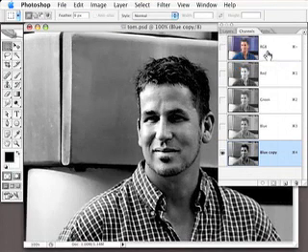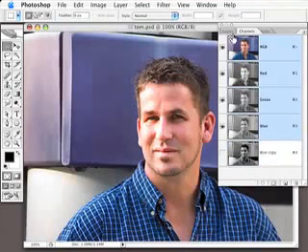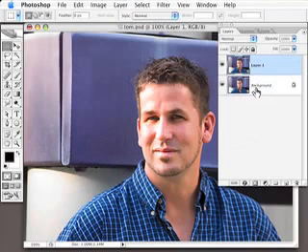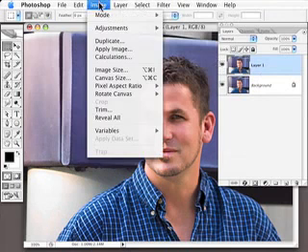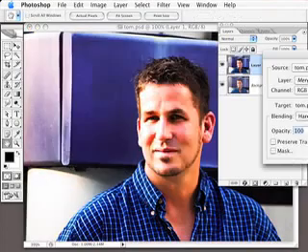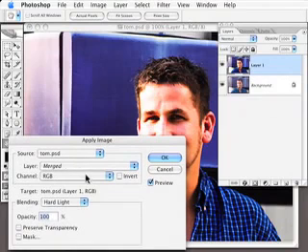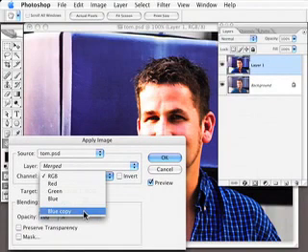All right, so now that I've done that, I'll go back to the RGB channel, go back to my Layers palette, and I'm going to duplicate the layer. So Command or Control J will be Duplicate. And now we're going to just start to try some different things. The first thing I'm going to do is go to the Image menu and choose Apply Image. We'll move this so you can actually see it. And I'm going to use as the choice of channel here that blue copy that I